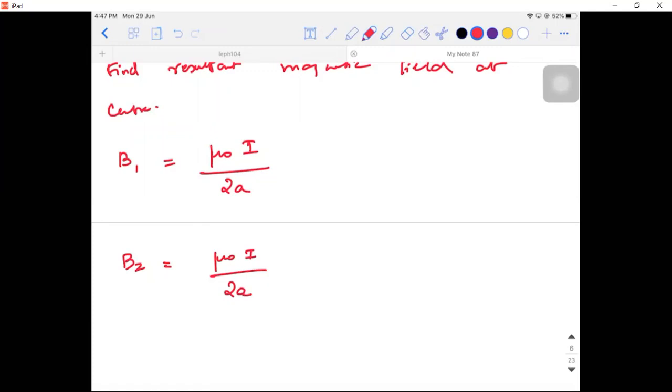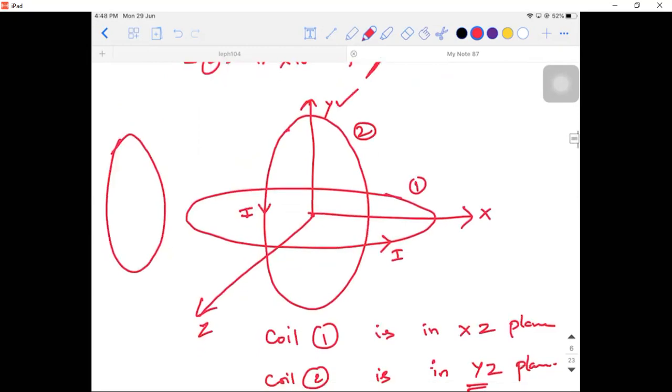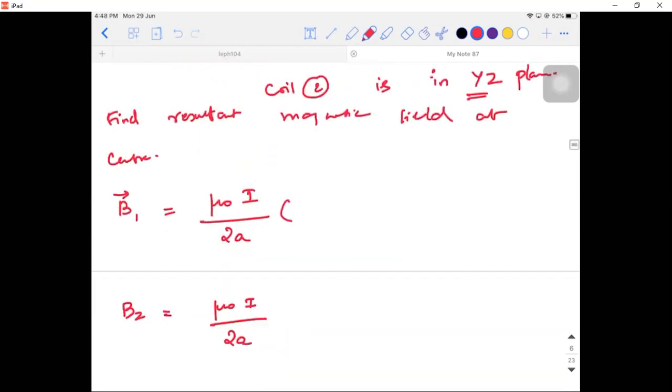Away, sir. No, don't just think about it. Towards you. Towards you, according to this question, is what? J cap or K cap? K cap, because you have taken the direction of y. So can I say B1 vector according to this question is in the direction of J cap?